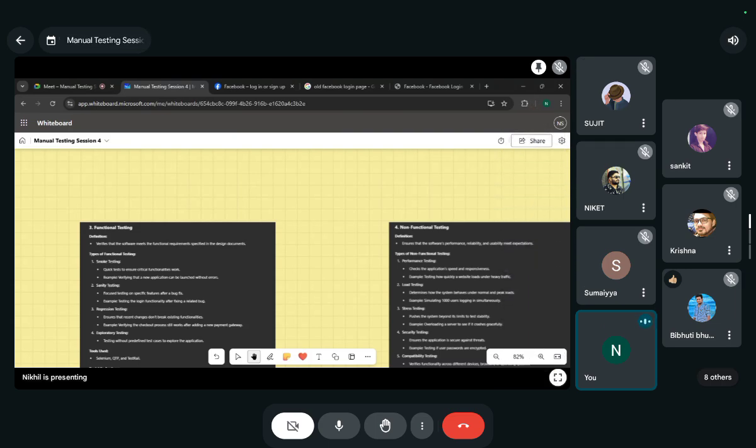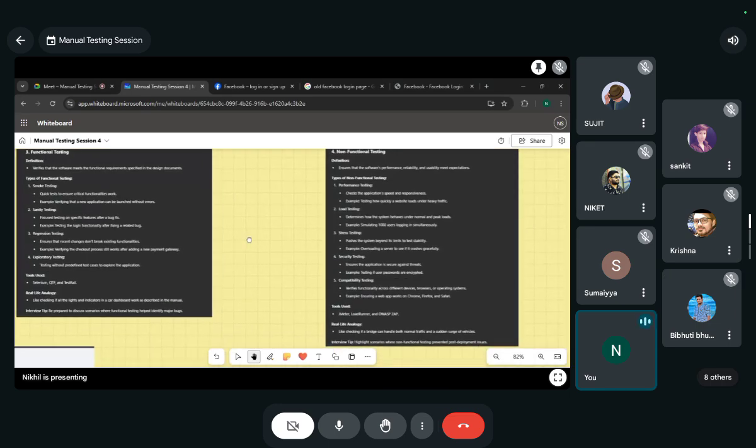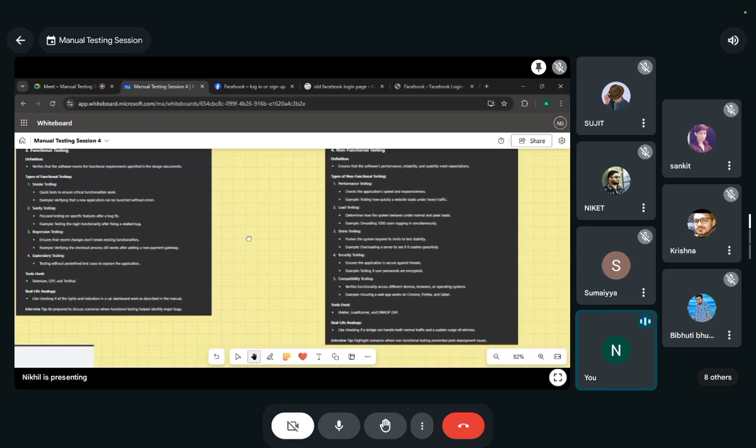Compatibility testing: is the application compatible with various hardware devices, browsers, and operating systems. If an application works well in Chrome, it's not mandatory that it will work well in Firefox. You need to check everything. JMeter, LoadRunner, and Burp Suite are some of the tools used